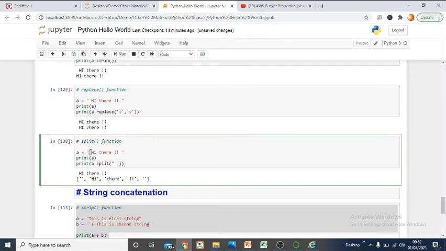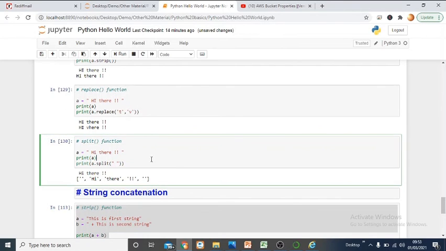The areas where we see spaces will be treated as separate words. You can see a space is there in the front, so that is going to be one word. Hi is another word. Then there is there, considered as a third word, and then there is a space before and after there and before the exclamation mark, so that has also been split out, and also the last one, right?